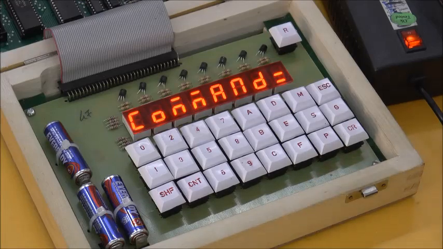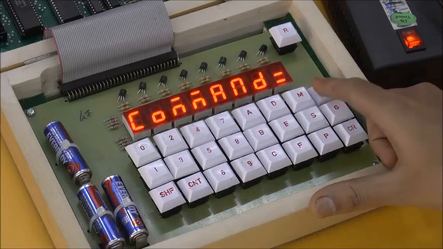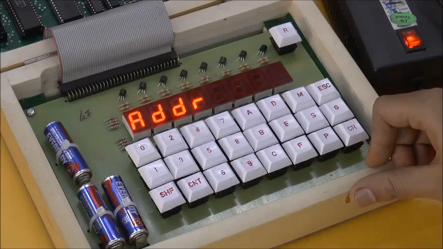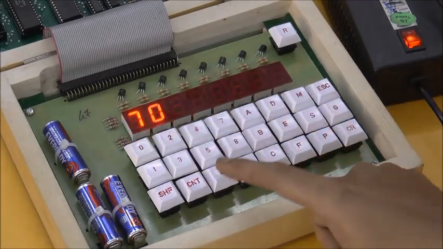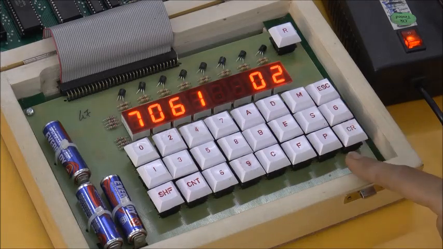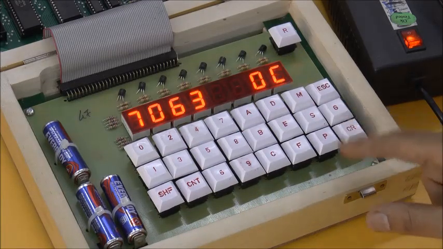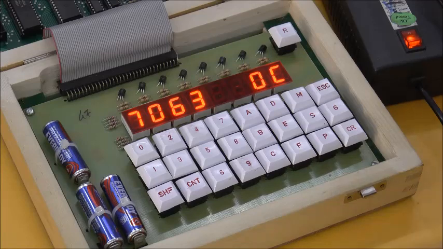Our program is correct. Press S CR for the output. The output address 7061 shows 02, 7062 shows 06, and 7063 shows 0C. So we have completed the program to separate the two nibbles.